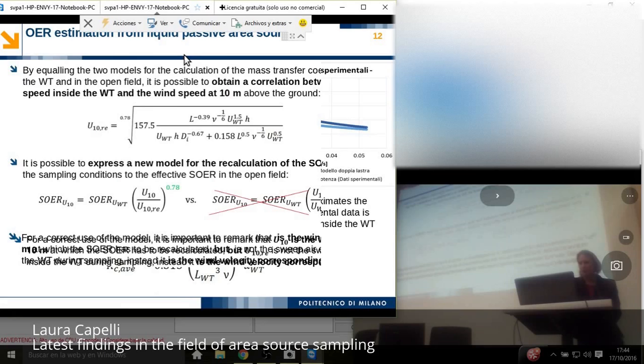Then you can equate the two models and in some way obtain a correlation between the airspeed inside the wind tunnel and the wind speed at 10 meters. By doing that,